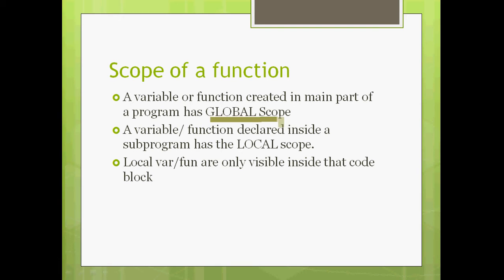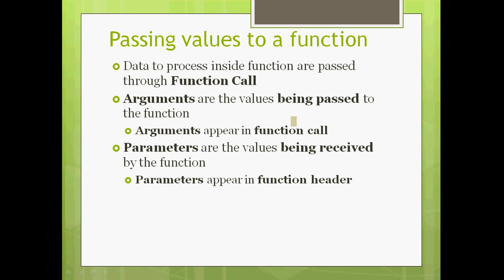But in case of global scope, let it be outside the function or inside the function, if a variable is declared outside or it has a global scope, you can say it is accessible within a function or outside the function. That is why it is called a global scope. During the entire execution of the program, this particular variable can be accessed. So that is about the scope.